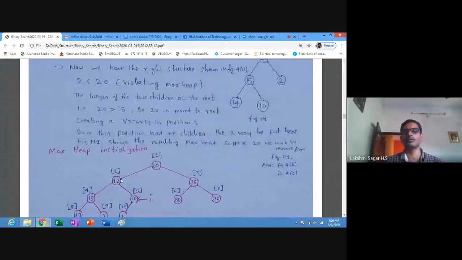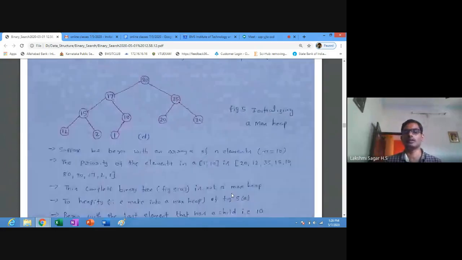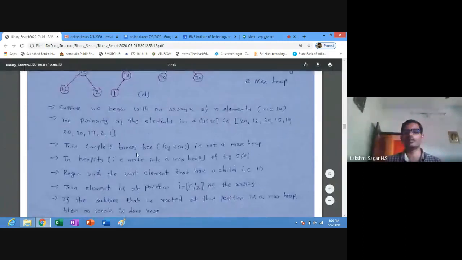At index 2, 12. At index 3, 35. At index 4, 15. At index 5, 10. At index 6, 80. At index 7, 30. At index 8, 17. At index 9, 2. And at index 10, 1 is stored. So this binary tree is not a max heap.